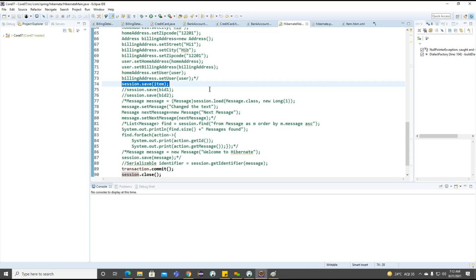But internally, one more concept we need to understand here: the persistent manager. With the help of this persistent manager, we are trying to perform the operations here. What are the operations we are performing? Either the save method or save or update, and the other two methods, updating and deleting, everything we communicate through this persistent manager.